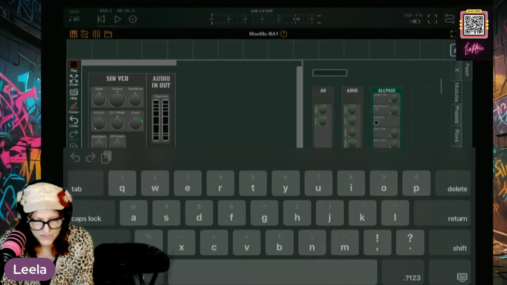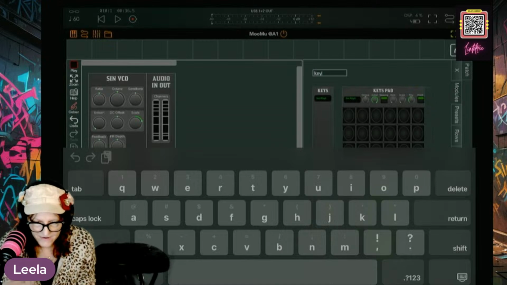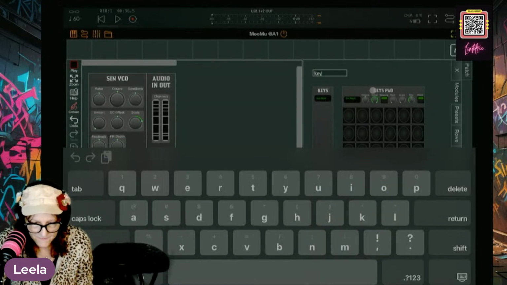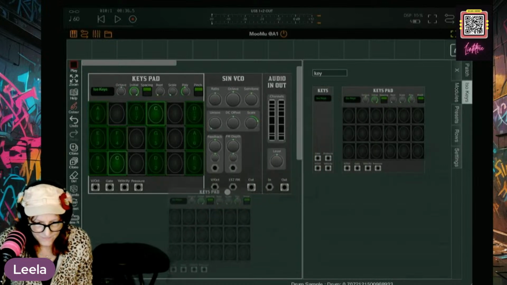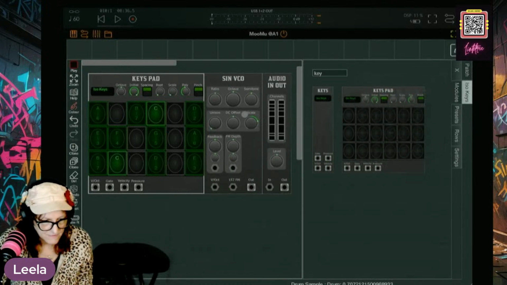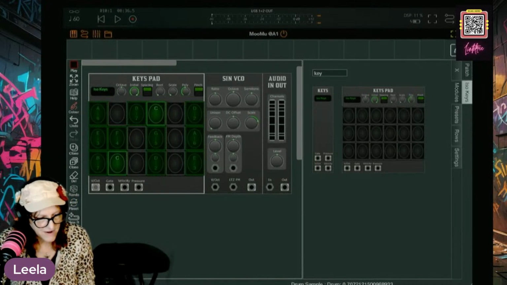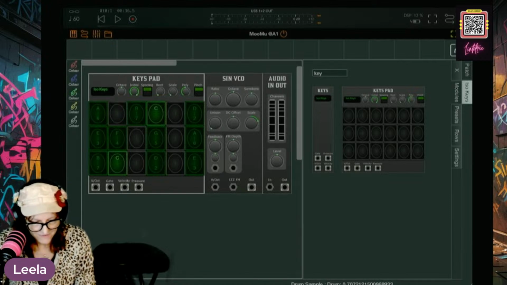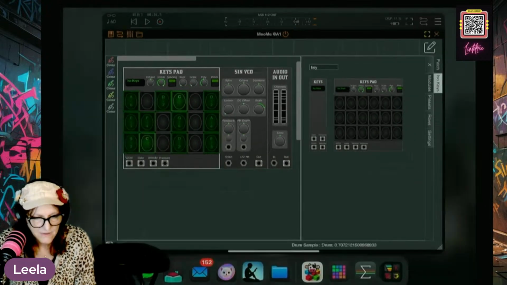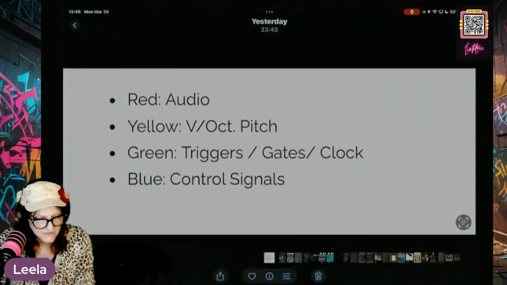Let's just find this keypad. So here's keys pad. I double tap it, or you can also drag it in. So keys pad. And we read that the V-oct, let's go back to photos.